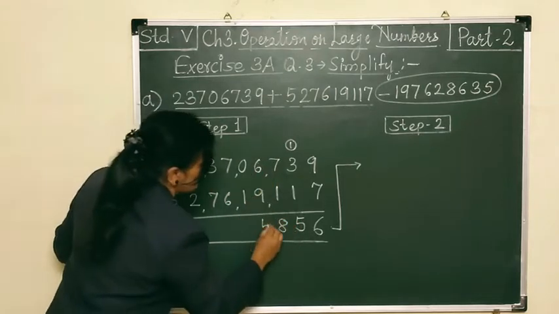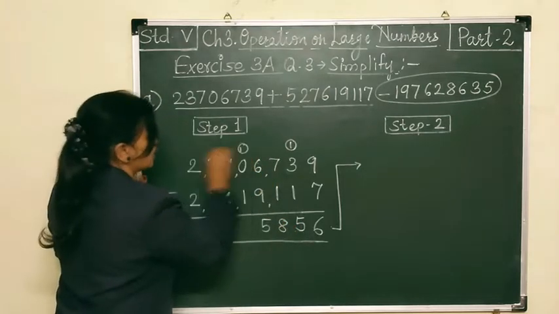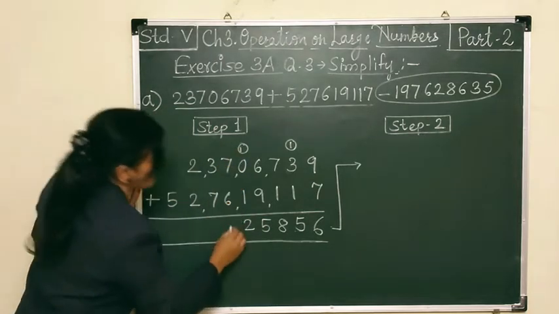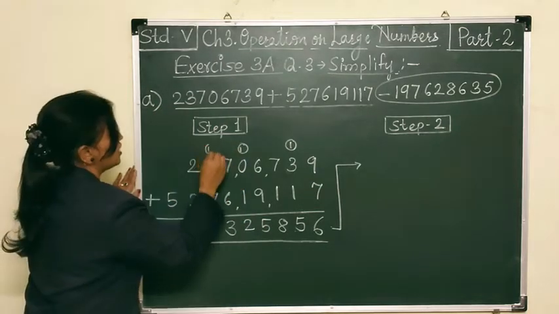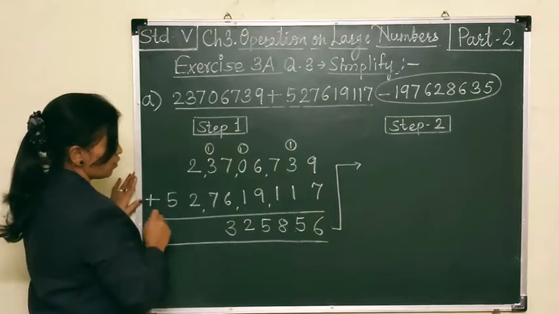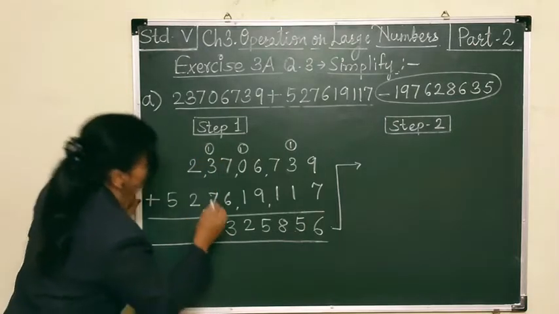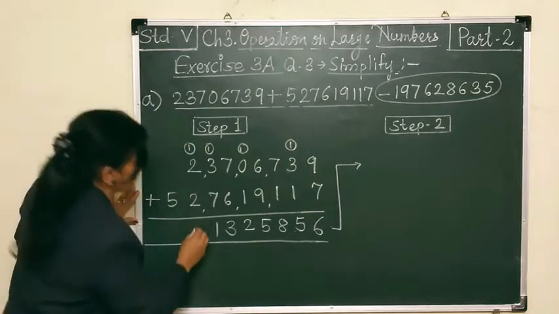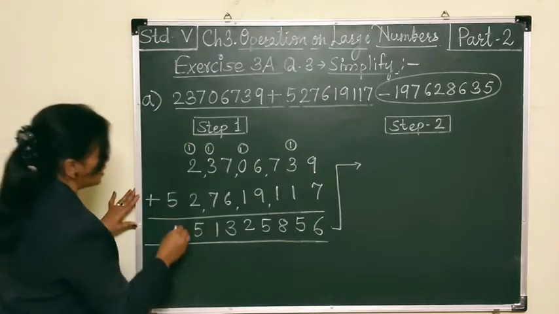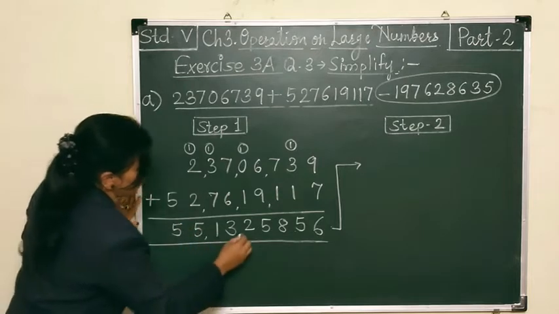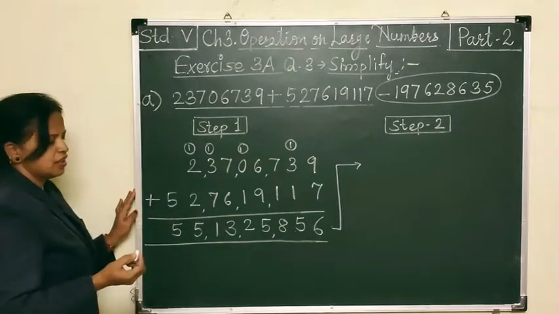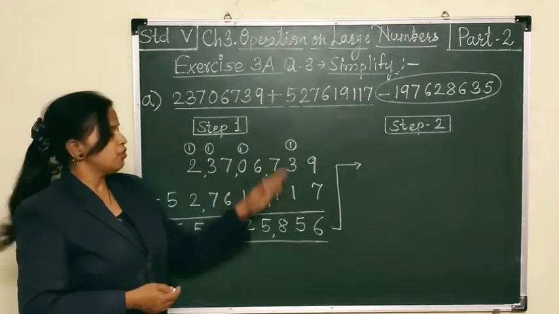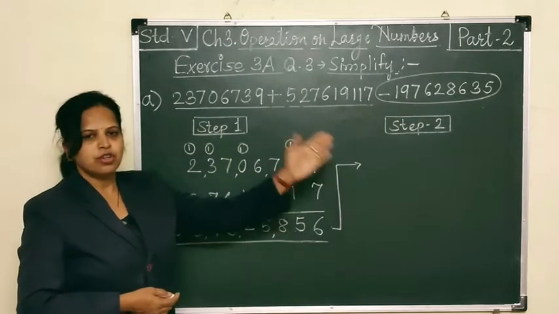6 plus 9, it is 15. 1 carry. 1 plus 1, 2. 7 plus 6, it is 13. 1 is carried here. 3 plus 1, 4. 4 plus 7, 11. Again 1 will be carried here. 2 plus 2, 4. 4 plus 1, 5. And this 5 will be as it is. So what is the sum? Check here. If you are not sure, you can check it one more time when you do the sum, and then you can move forward.